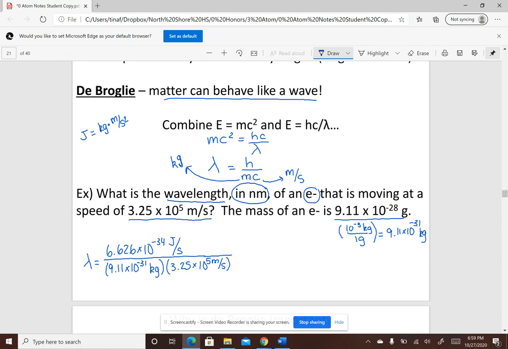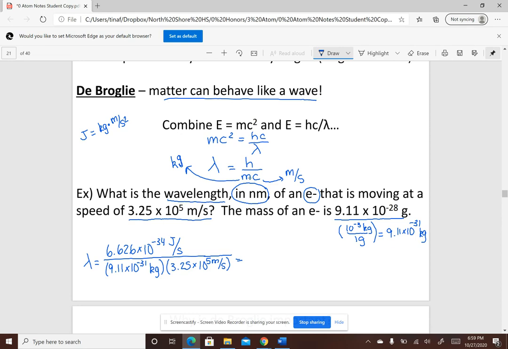Okay. So if you want to multiply the bottom two numbers first, actually, I think this works out if you just do 6.626 times 10 to the negative 34 divided by that mass, and then you can divide it by the speed second. Just make sure when you put these numbers in your calculator that the scientific notation numbers stay in parentheses so that your calculator doesn't do PEMDAS in a different order than you want it. So pause the video, check to see what you get for that.